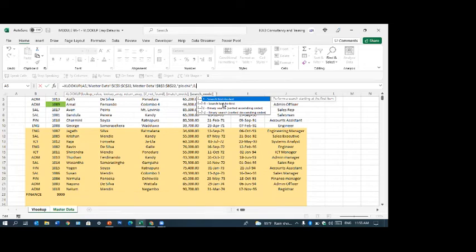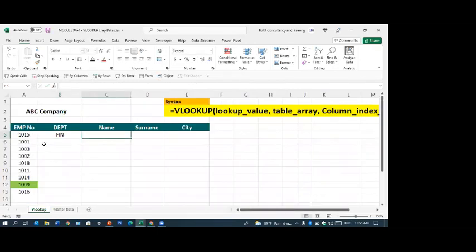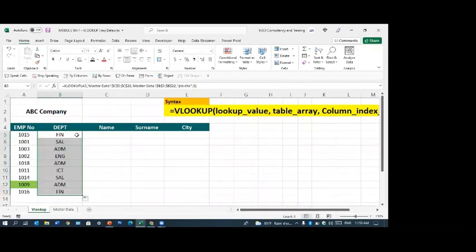Recently I came across something. So this one I'm not going to enter. I don't need it. Anyway, it will search from there. You get the finance, you get for everything. Can you see? XLOOKUP. Very useful.